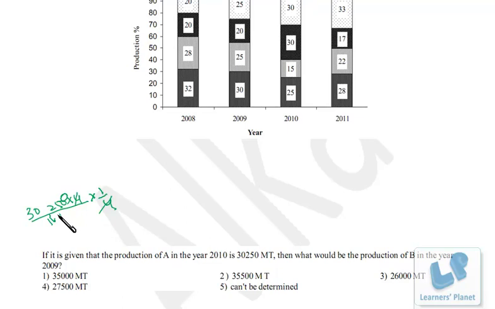Now how would you calculate that? You keep this 20 aside, then you are getting 3025 divided by 11, right? You know the divisibility rule of 11. So that's actually this 5 and this 5, so this number is already divisible by 11. So it's 11 2s are 22, 8 2s are 16, 11 7s are 77, and then 0.5, and into 100, that means it is 27500 metric ton. Okay, quite simple. Let's take the next one.